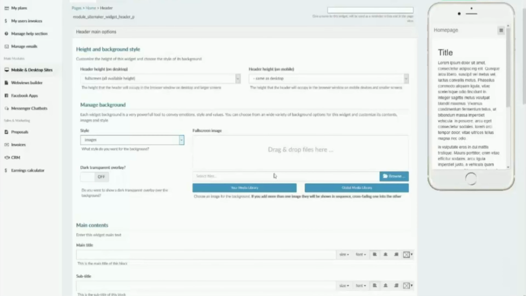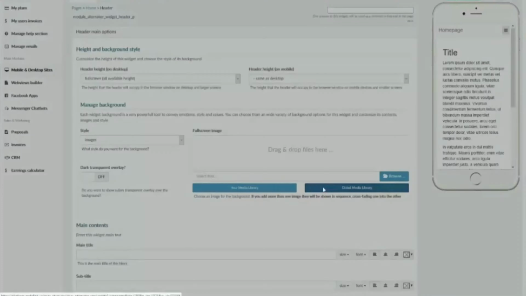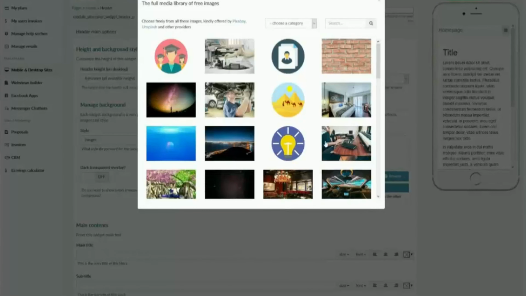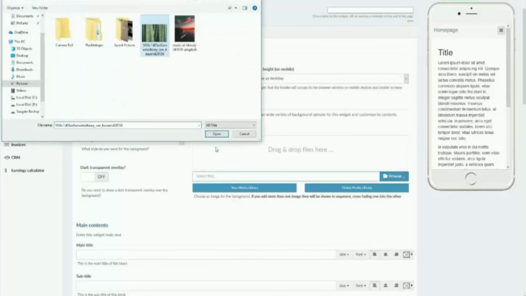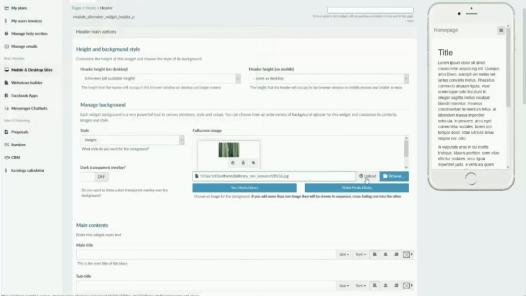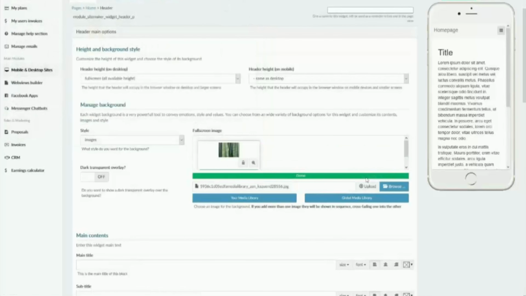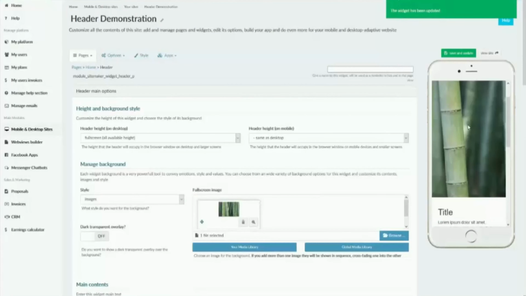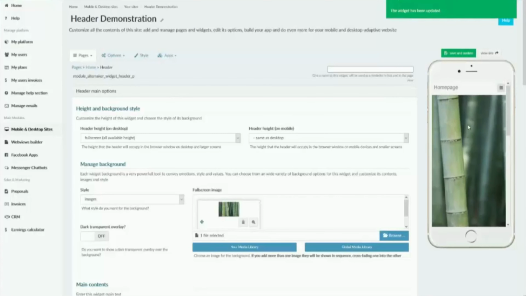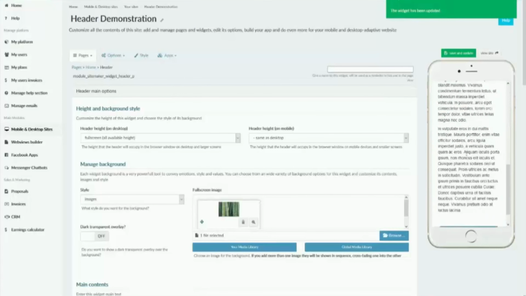You can choose anything from our global media library. This is full of thousands of pictures that you're able to use for free. Or you can upload from your own computer. You can drag and drop or browse to the file. Make sure to click upload if you're uploading it from your own computer. And once you upload and save that, you'll notice it has now created a nice bamboo border on the top here, and then followed by our text